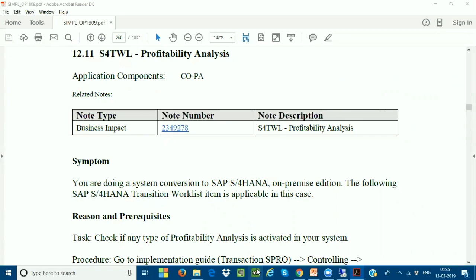Even at this stage, I always prefer to use the simplification list only. Whenever I get any kind of doubt during my implementations, whatever activities I do in my company, I refer to the simplification list blindly. So the simplification list is very, very important for us to understand. And several notes are getting released from SAP. Day by day, many notes are coming out, because in many companies, if you go for any implementation, for any clients, there will be a lot of problems.